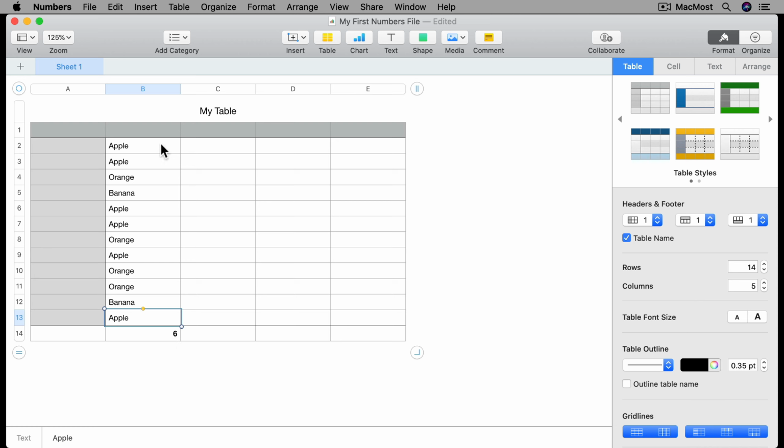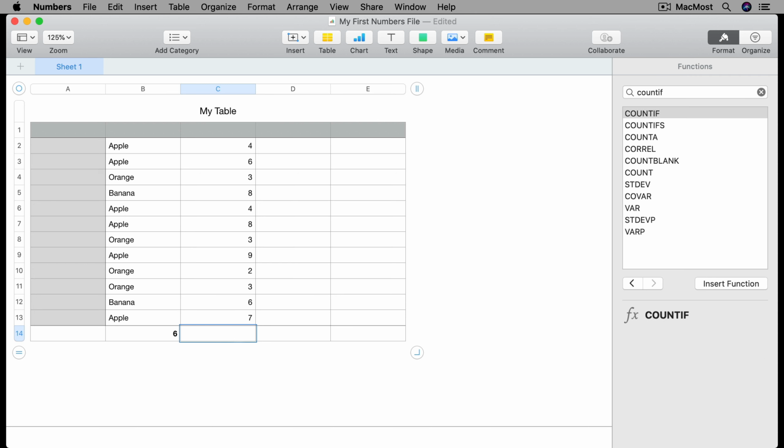Now it doesn't make sense to do a sum here because we don't have any numbers. We're just counting items. But what if there were numbers here in the next column and we wanted to sum only the numbers where apple was here? So the way that SUMIF works,